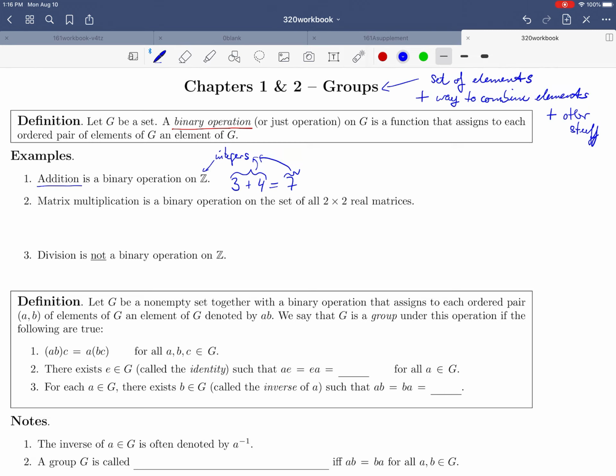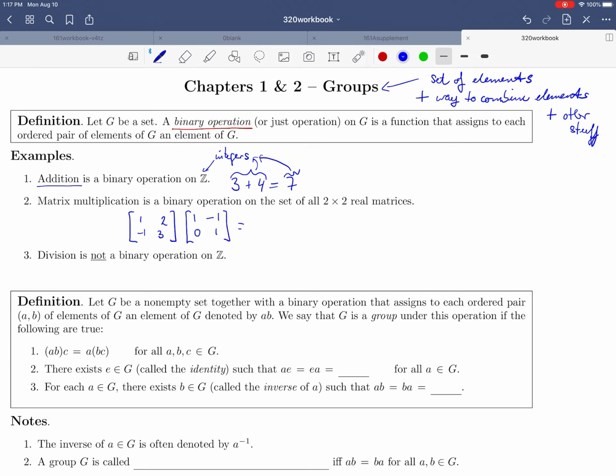Another example that you've also been using a lot is matrix multiplication. So matrix multiplication is a binary operation on the set of all 2 by 2 real matrices. It's also a binary operation on the set of 3 by 3, 4 by 4, 5 by 5 real matrices. But let's just look at the set of 2 by 2 real matrices. Then let's say 1, 2, I'm just picking one at pretty much random right here. So here is one matrix, and then I multiply another matrix to the first one,